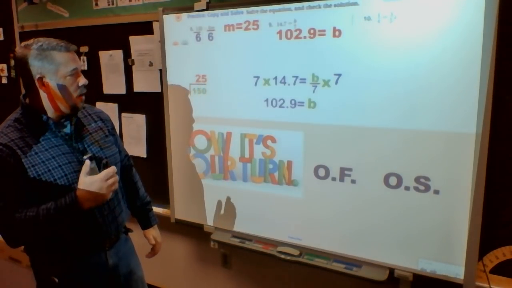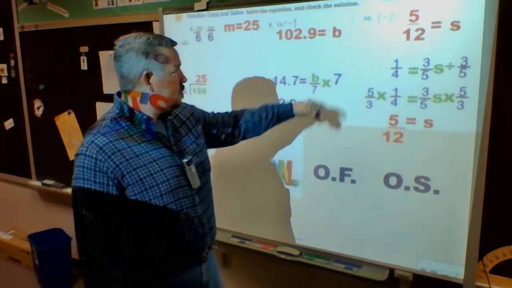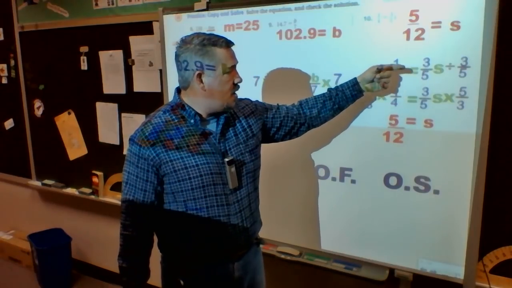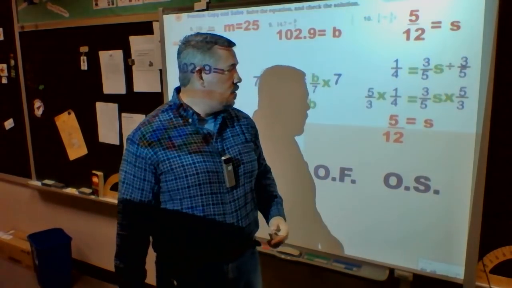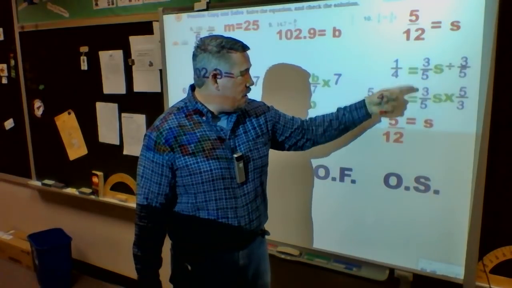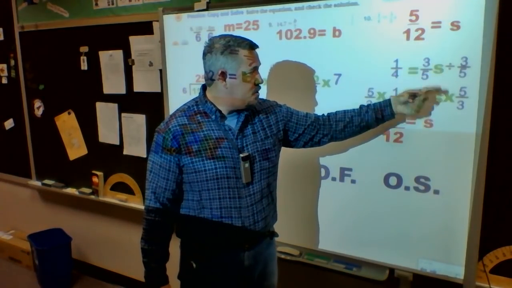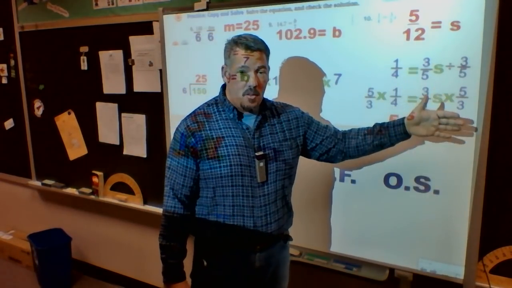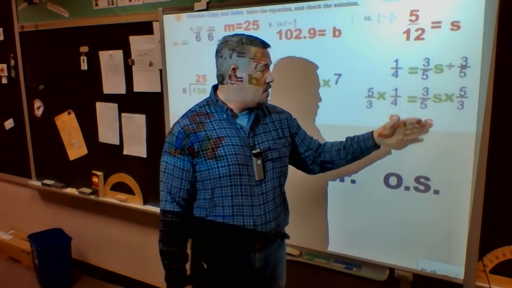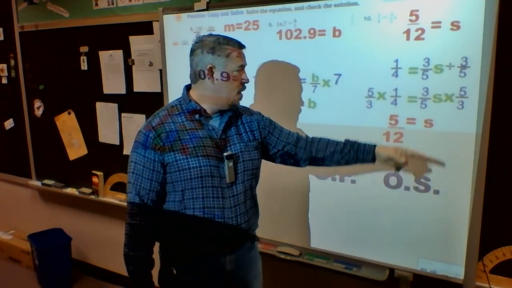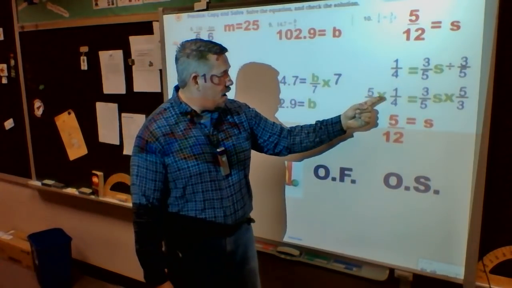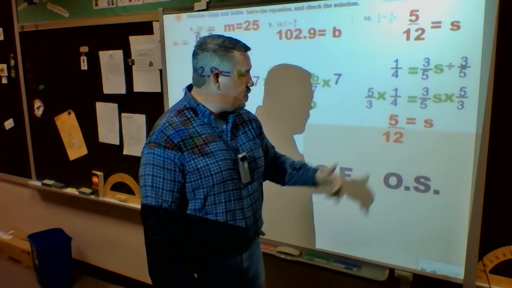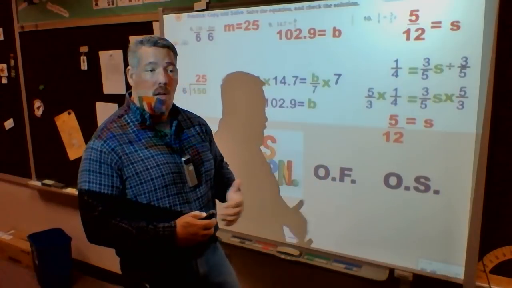And then on 10, hopefully you got 5/12. 1/4 is equal to 3/5 times S. To get rid of 3/5, since I'm multiplying, I have to divide. Well, I can't divide, so I keep my first one. Division becomes multiplication. I flip my second fraction. That becomes 5/3. If I multiply those across, 15/15 makes 1. That lets me put S by itself. It just cancels out. On the opposite side, I end up with 5 times 1, 3 times 4. There's nothing I can cross reduce, so I just get 5/12. So 5/12 is equal to S.